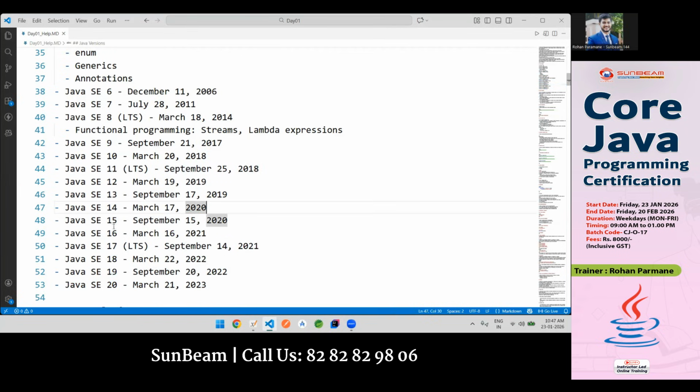Reason बताता हूँ. If you go for the Java 17, you won't be getting the features of Java 8 and the earlier versions of the Java. यानी कि Java 7, Java 8, यानी कि OOP की जो मुझे रिक्वायरमेंट है, the concepts that were available earlier in Java, Java 7 तक जो अवेलेबल थे, Java 8 तक जो अवेलेबल थे, वो यहाँ पे आपको नहीं मिलेंगे. You won't be able to get it. You won't be able to get the classes. Maybe अगर आप use करोगे तो you will get the errors. Because I want to learn even the previous one plus the functional programming, I will stick to Java 11 because